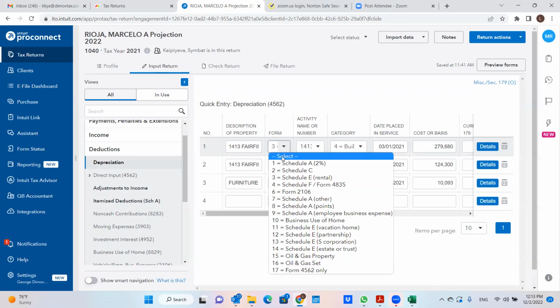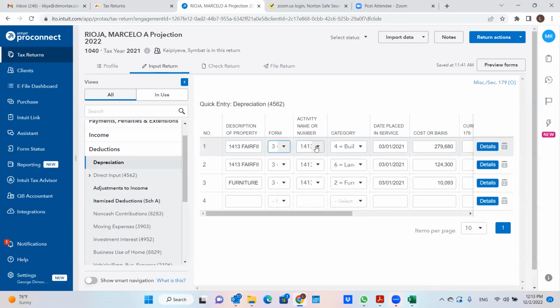All right, so we would select that indeed it does go to that schedule. What is the name of that schedule? Name of the activity or number, that is it. And then of course, within the rental property, there is always going to be a portion that is depreciable, meaning over time, it is believed to be used up, lose its value. It has nothing to do with the actual fair market value or appreciation of that house, or apartment or condo,